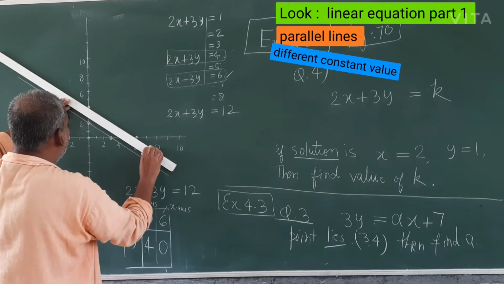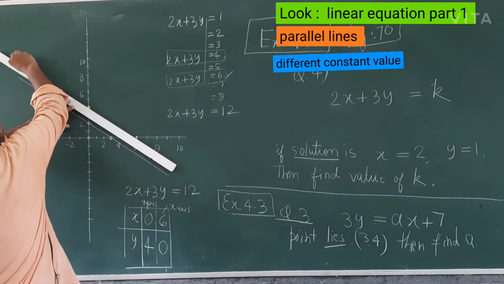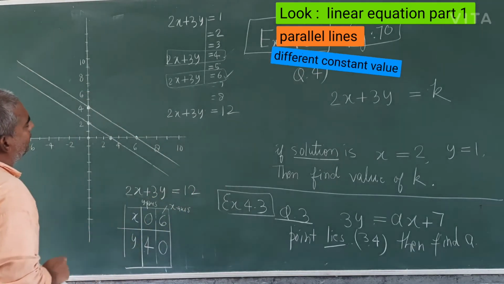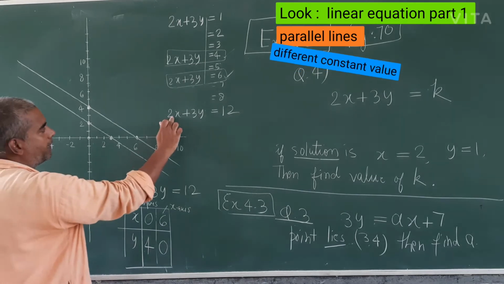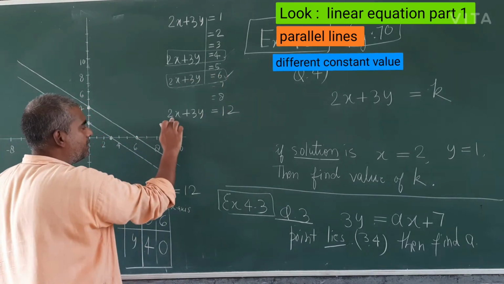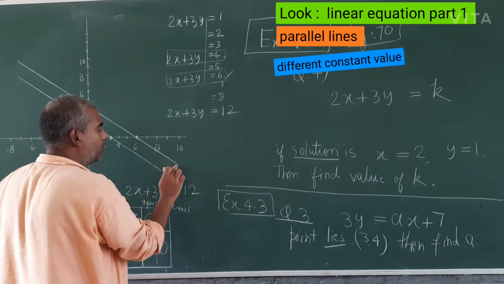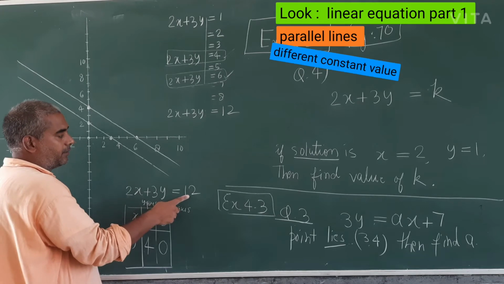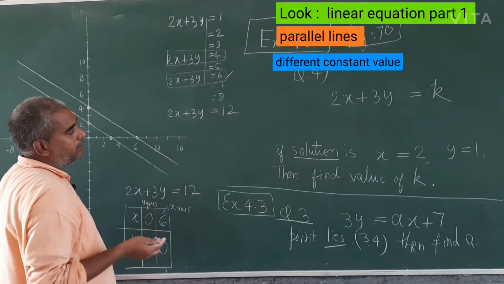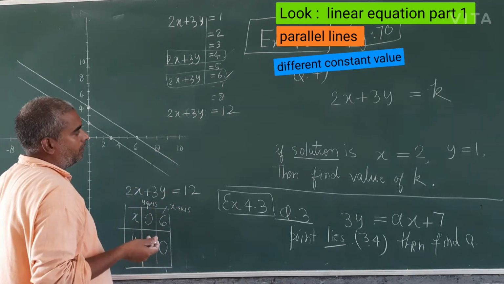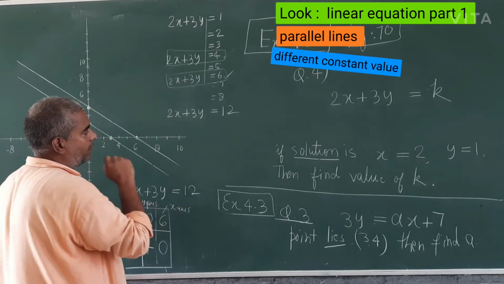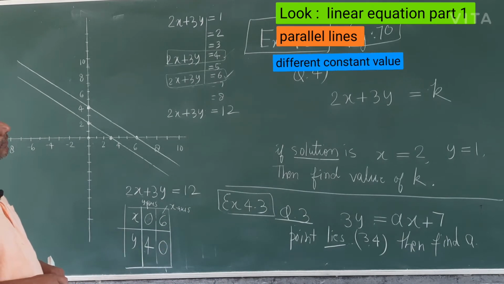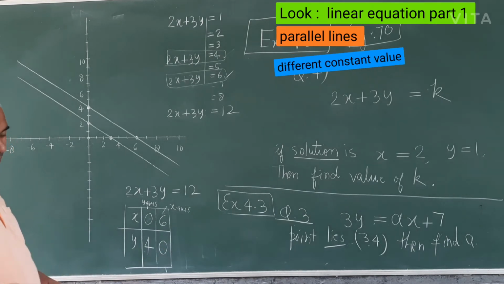This is again only explanation. So sir, when will you solve the questions? Okay, I will solve. This was the line 2x plus 3y is equal to 6. This is the line 2x plus 3y is equal to 12. Because the calculation is easy, that's why I am taking these. You may take 2, 3, 4 also, because of division by 3. We can take 3 also.